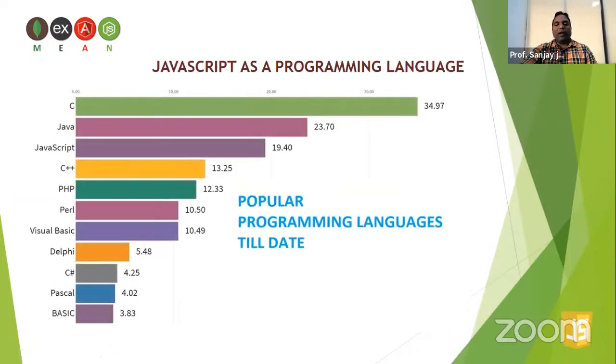Now, why JavaScript? Before going further into how JavaScript became a server-side language from a client-side language, that is, from the front end, let's try to understand why JavaScript is so popular. If you see the statistics, this is not about the popularity of the language. This is about usage. These stats are obtained from the number of people who are currently using JavaScript in one form or another.